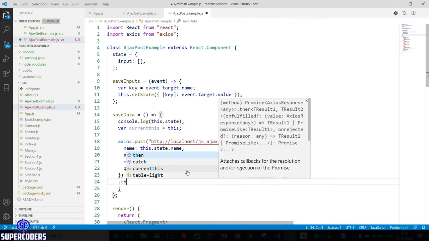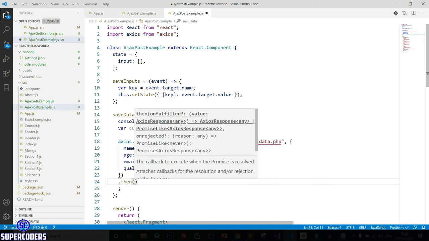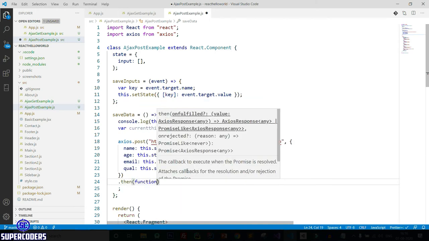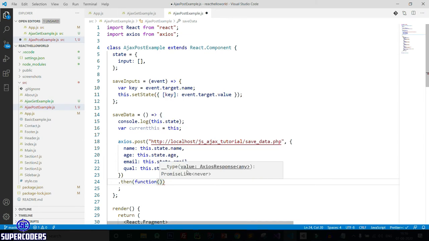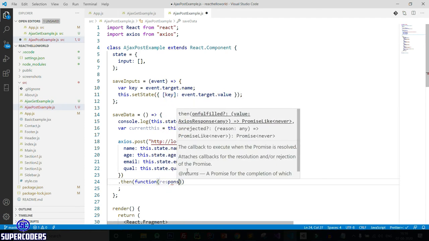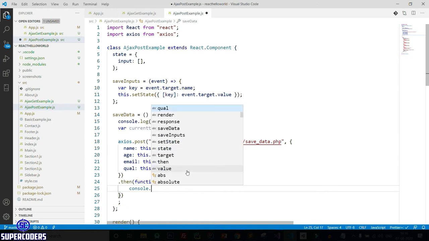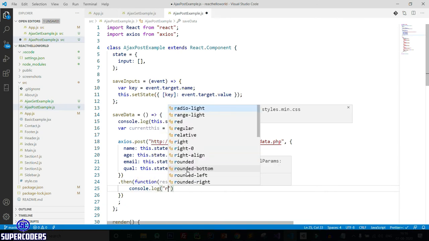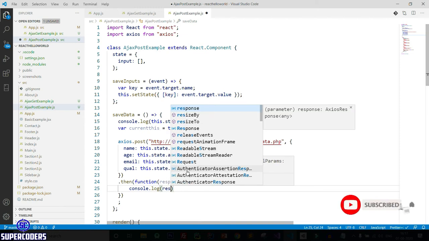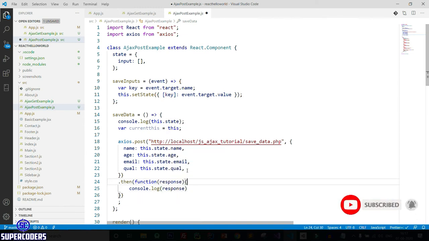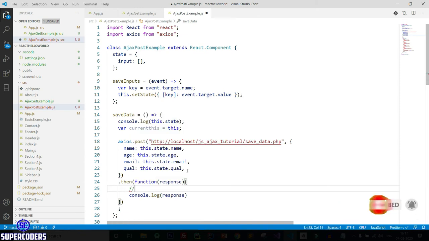Then function. So first is success, then response, console.log response, success callback.